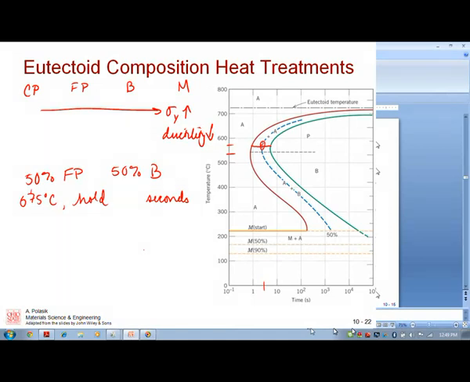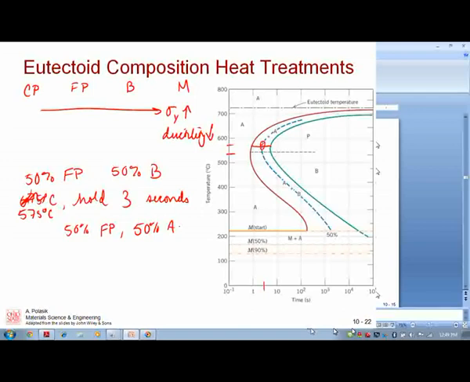Now here's my question. What did we end up with right here, at the end of this first step, what do we have? Okay, 50% fine perlite. What's the rest? 50% austenite. Does that make sense to everybody? We have half perlite, half austenite, right? We're in the middle of that austenite to perlite transformation. So now, if we want to get 50% bainite,